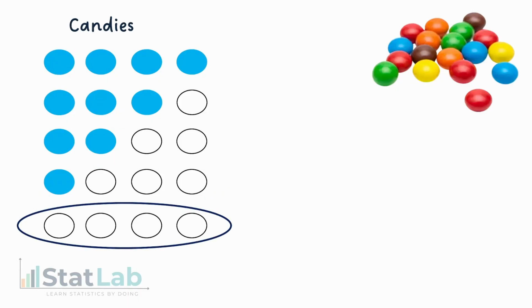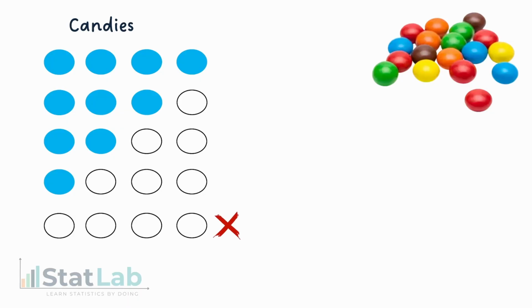So when you look at these 5 options, we will start at the bottom and ask the question, is there at least 1 blue? When we look at the bottom row, is there at least 1 blue? No, there is not. If we go up 1, yes, there's at least 1 blue. Yes, there's at least 1 blue. Yes, there's at least 1 blue. And yes, there's at least 1 blue. So you can see that